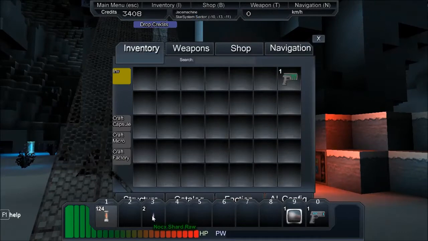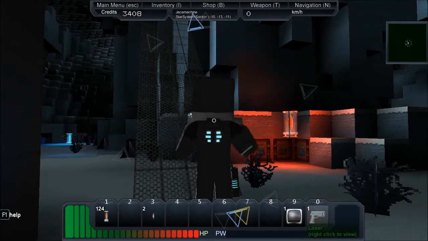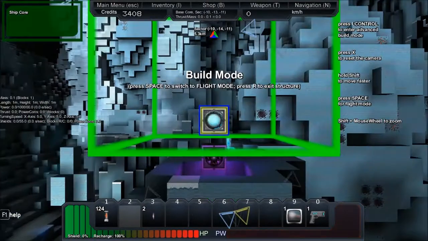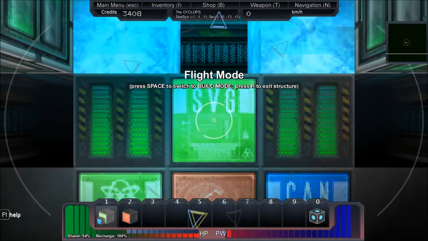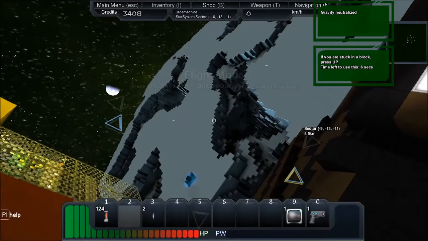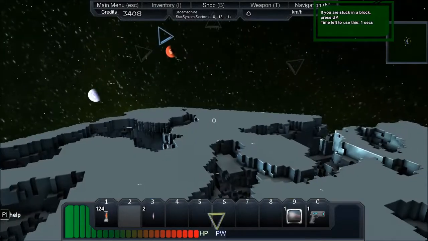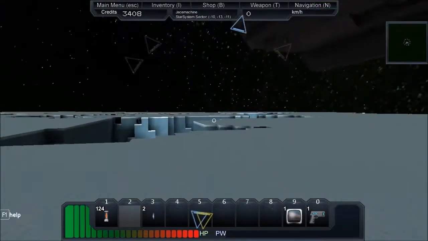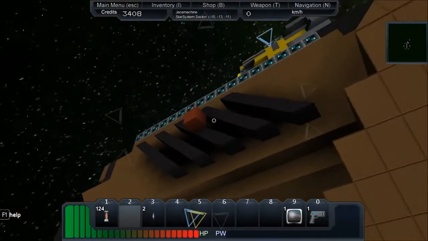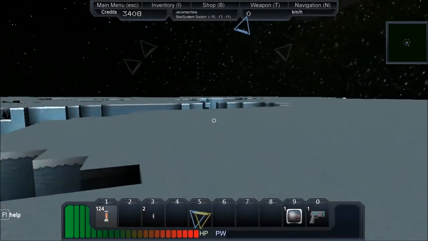Alright, we got all of our stuff. Let's put this helmet on. Let's see here. I can just drop down. It'll be fine. So, which way is the ship facing? That way or this way? It's facing this way. Alright, so I'm going to head off across this plate, and when we reach the other